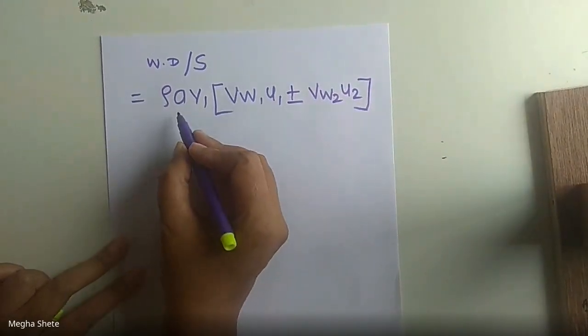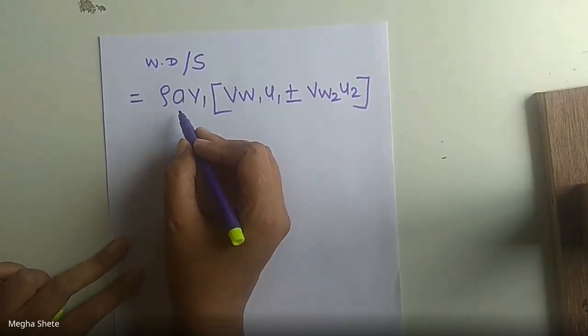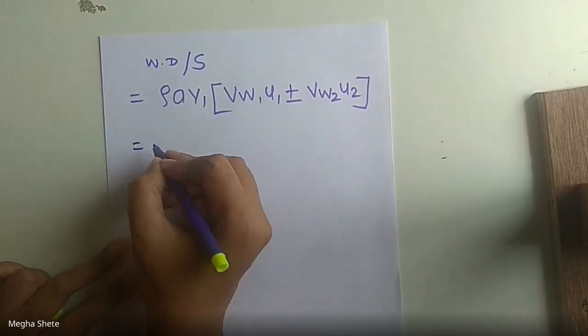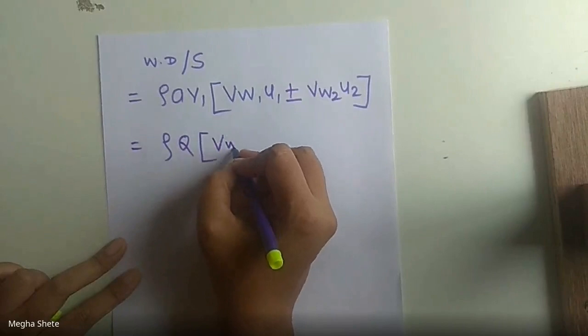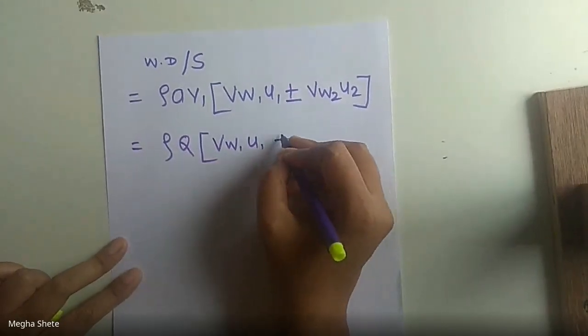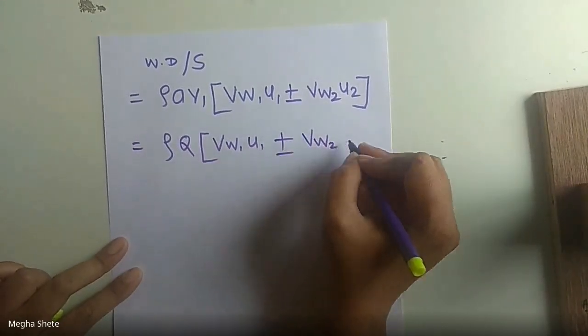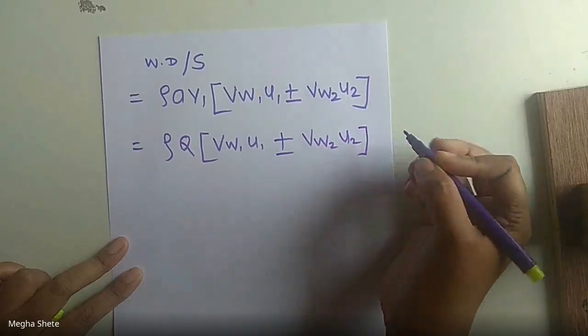As we know, area into velocity is equal to discharge. Therefore, I can write it as rho Q into bracket VW1 U1 plus minus VW2 U2,